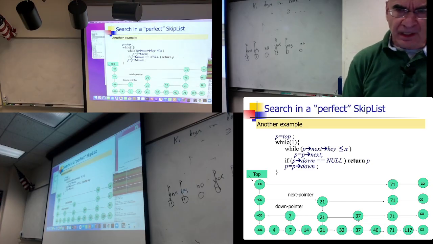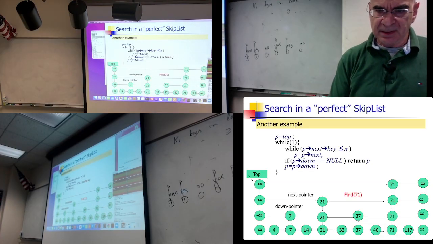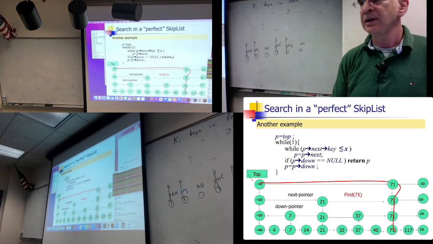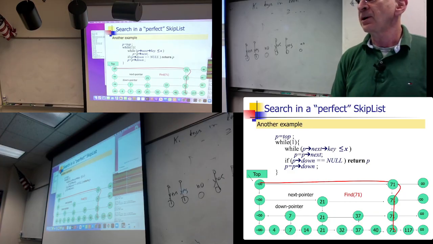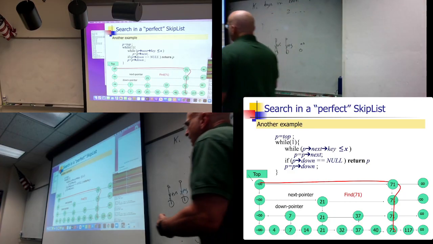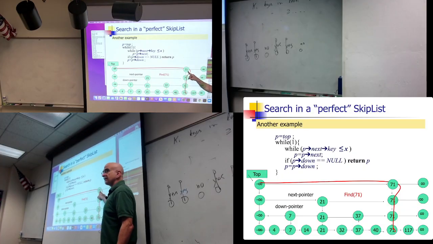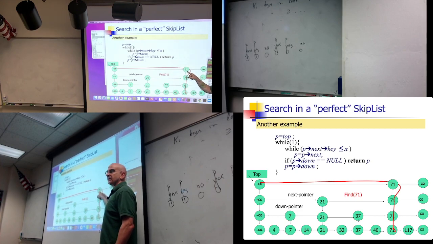A point that people tend to ask at some point or another: if I'm searching for a key and I found it in level 4, should I stop the search or not? Looking for 71, I found it in level 4. Should I stop the search or not? The answer depends on your purposes. If your purpose is just to ask, is there a student whose ID is 71, you can stop right here. If your purpose is to ask what are the details, the record of the student whose ID is 71,